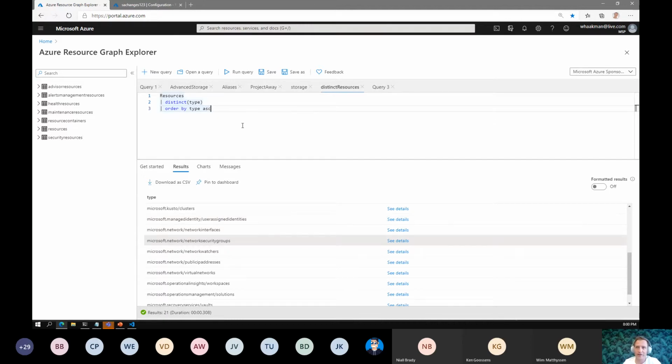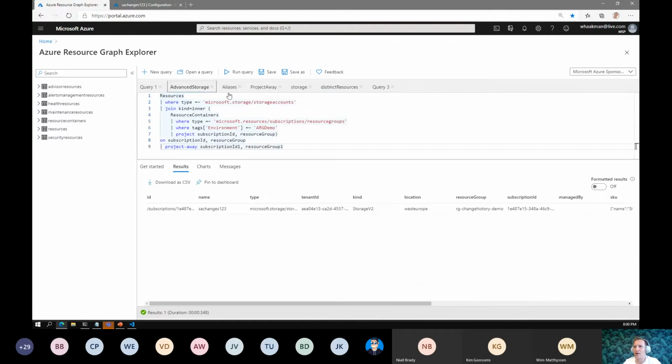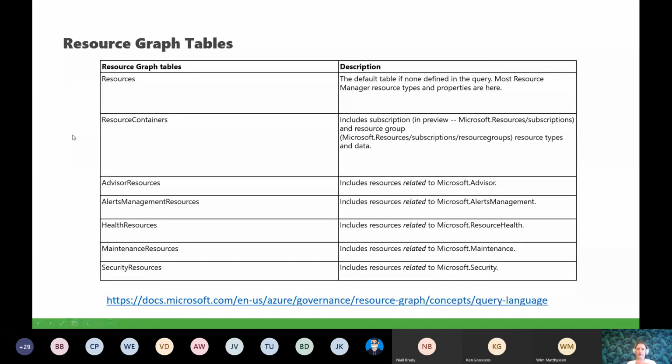So back to the other queries, I've got a more advanced one here, and there's a lot of documentation on that. It's in the sheets as well. So what I'm doing here, and I'm going to the presentation back real quickly because I want to share this sheet before we move on. So what you see me do